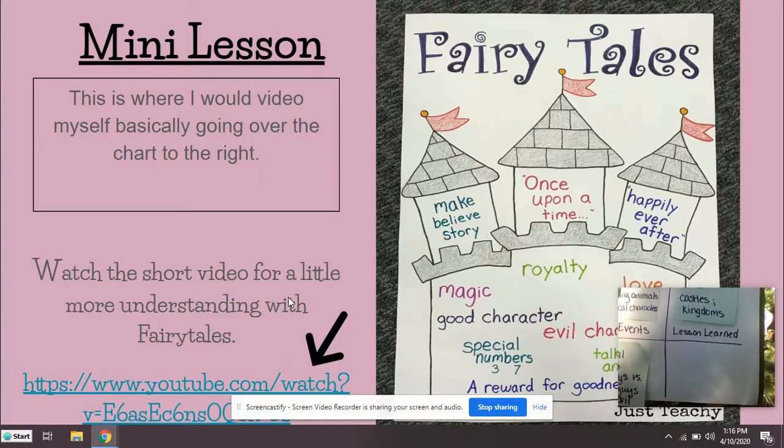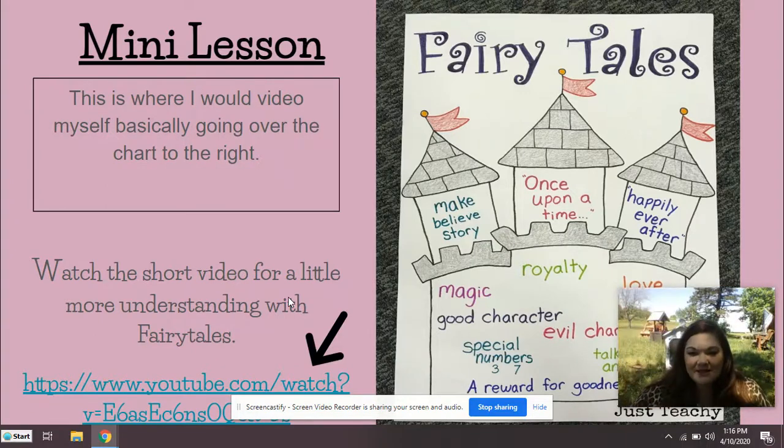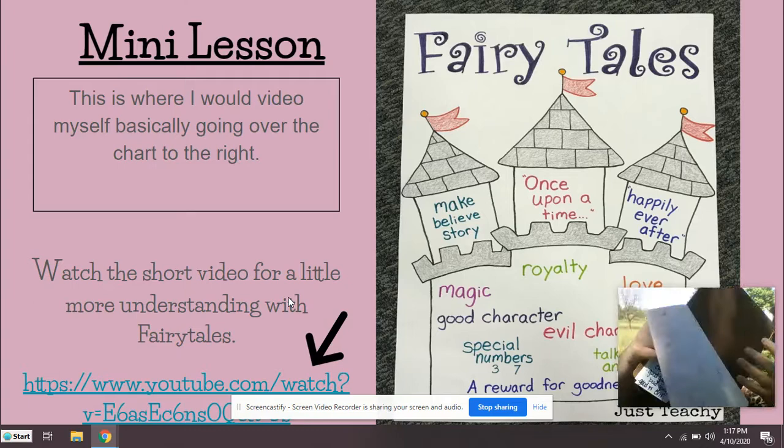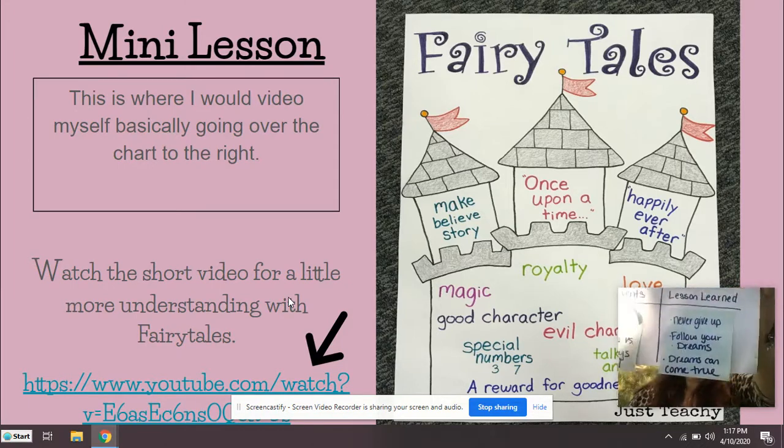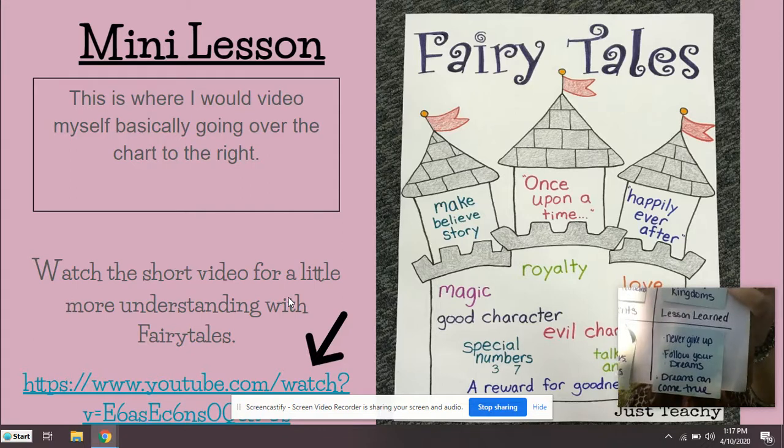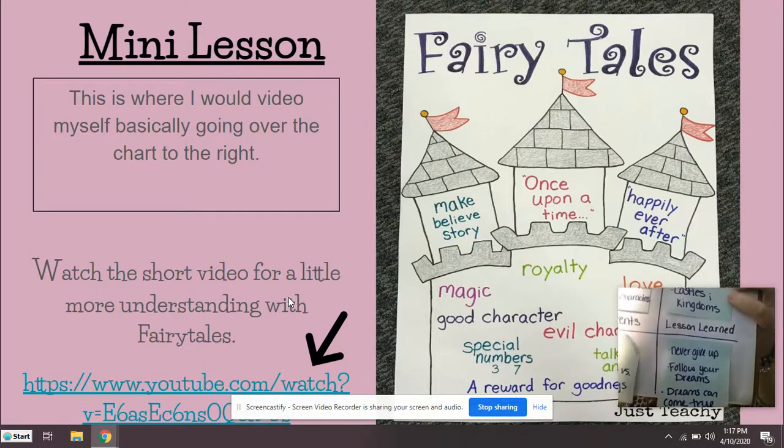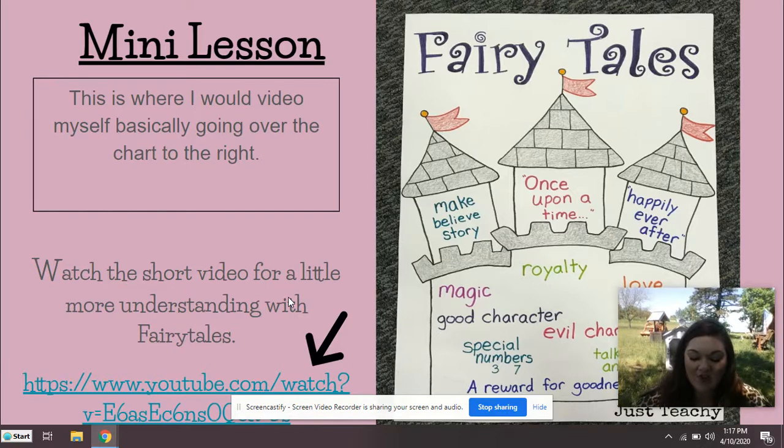The last thing that we're going to look at are lessons that are learned. Most of the time when you're looking at a fairy tale, there's going to be some kind of lesson, some kind of journey that they're going to have taken you on that's going to teach you something. A lot of those times, those lessons might not be easy to figure out, or they could be. Some of those different types of lessons could be to never give up, to follow your dreams, or dreams can come true. If you take a minute and listen on a lot of Disney movies, you'll hear a song that will tell you what the lesson is that they're trying to learn.